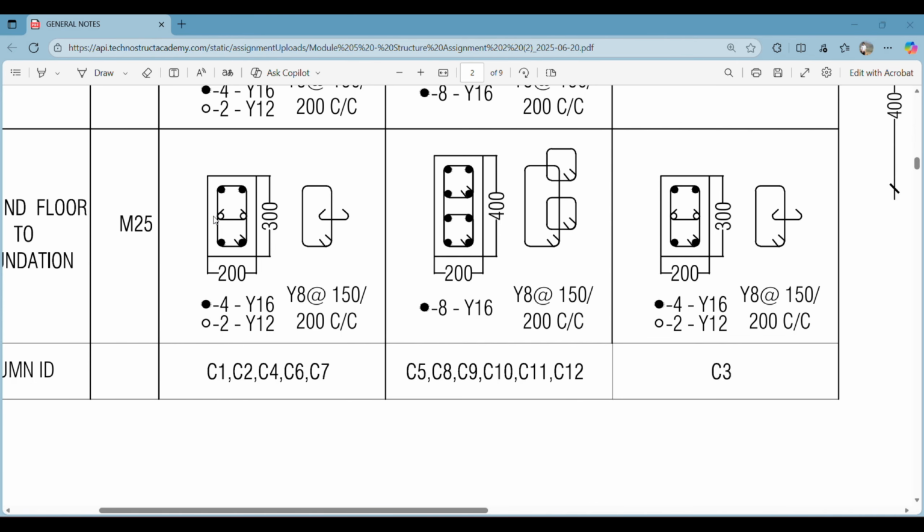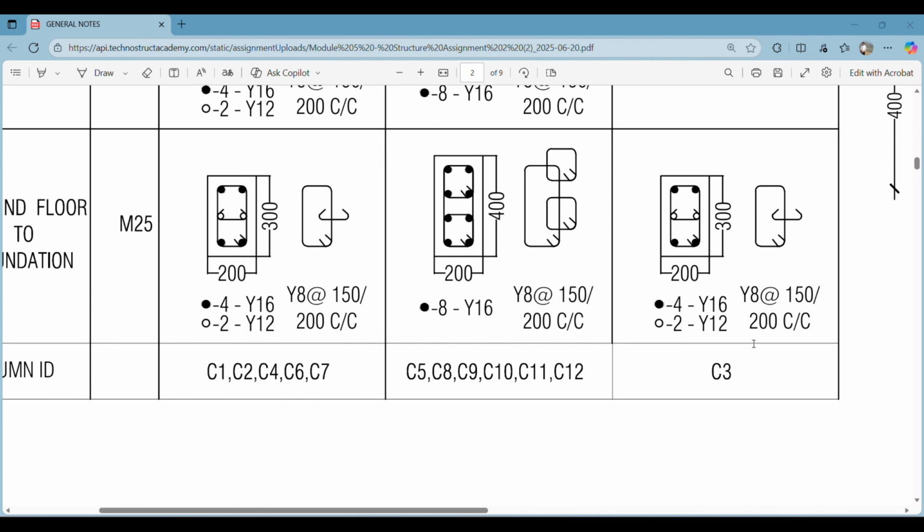bars. Can you see there are 2 circles here? These circles are of 12, and then we have some stirrups here. Can you see the stirrups? These stirrups are of Y8, that is 8 mm, and the center to center distance is denoted here. We have some hook as well, and for this particular thing we have three separate stirrups. One encloses all these rebars, and then we have separate stirrups for these four pairs, two pairs,